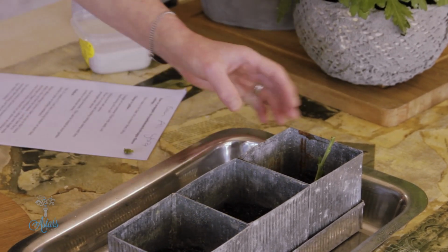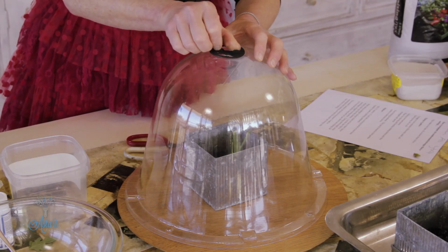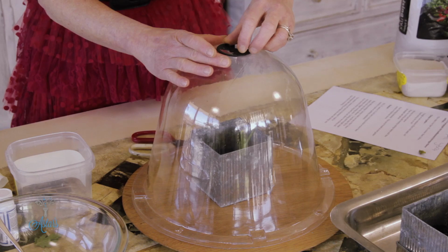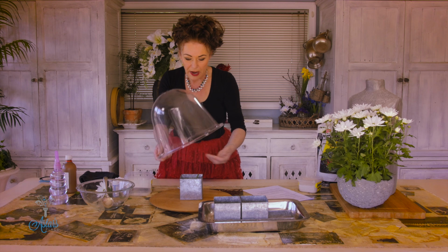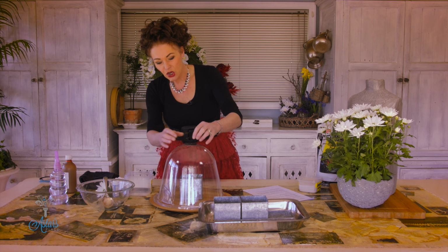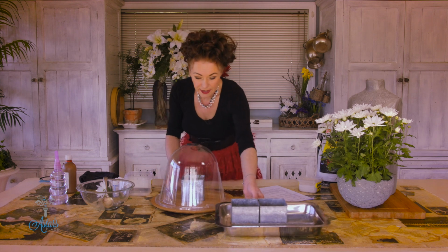Now, as I said, these are like little babies, and they need to be kept in a lovely warm, not moist, environment. You can buy these little cloches, I just love these. I usually close that up at night, and then in the daytime open it so that there's not too much condensation. I'll show you, it's got this little thing here that opens and closes it. So at night time, to keep it nice and warm, keep it closed, and then in the morning you'll normally see little bits of condensation. To remove as much moisture as you can, just open that and let that extra moisture go away, and there you have